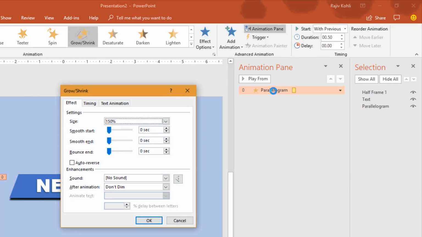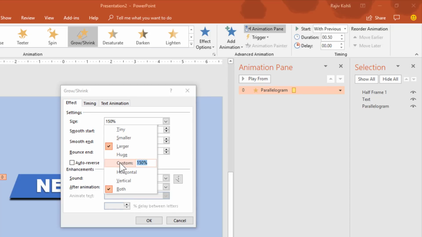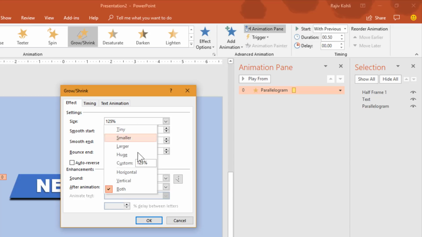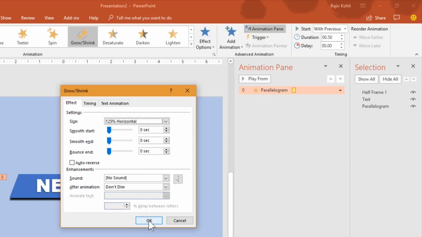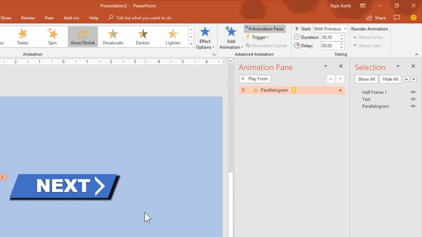Double click on the effect to open the effect options window, and I would like to increase the size to 125%, but I want to expand this button only in the horizontal direction. By default it is set to both, so I will choose horizontal, hit the OK button. That's fine.